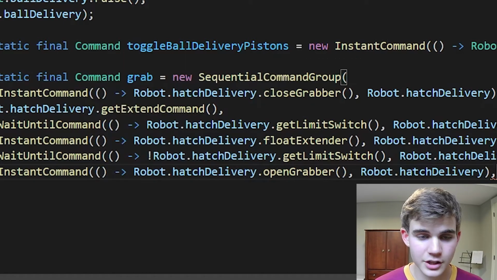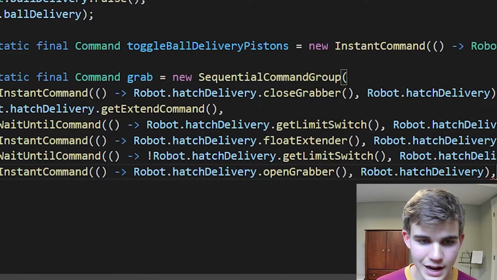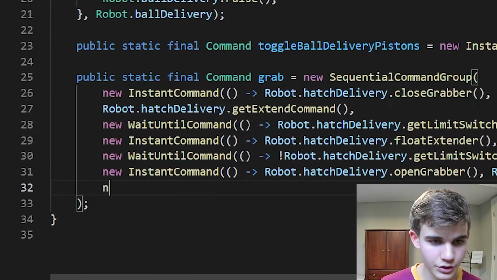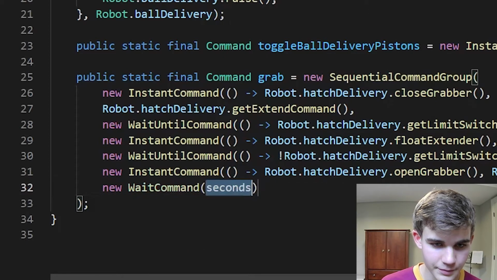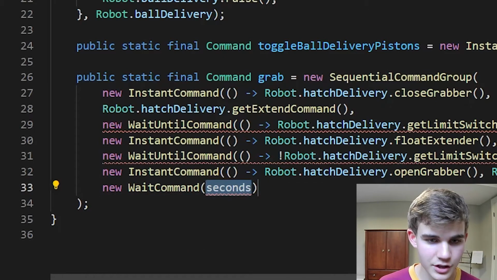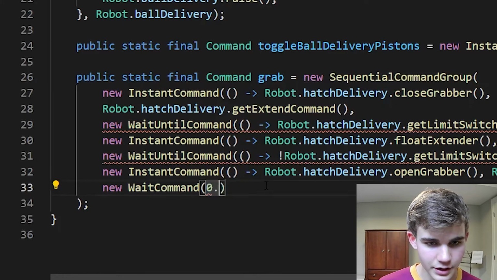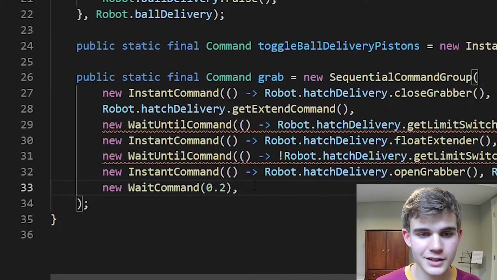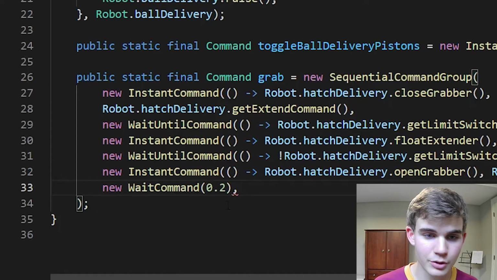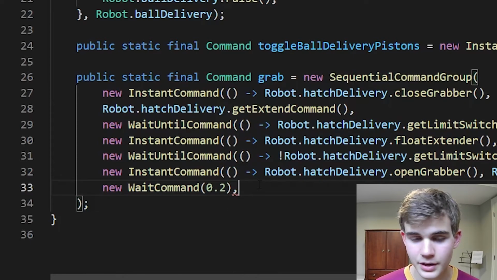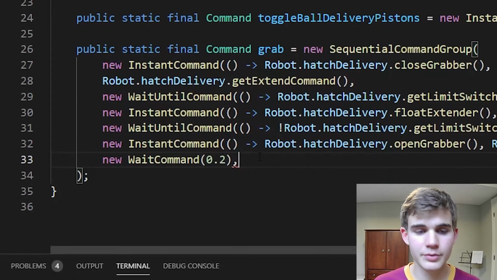So first, I actually want to wait a second just to make sure that we've actually successfully grabbed the panel. So to do this, we'll use what's called the wait command. And in this command, it actually just takes a certain value here in seconds. So if I just put 0.2, I think that will actually be enough time because this grabber opens pretty quickly. So now we have our wait command, and the final step is just to retract our subsystem back into the